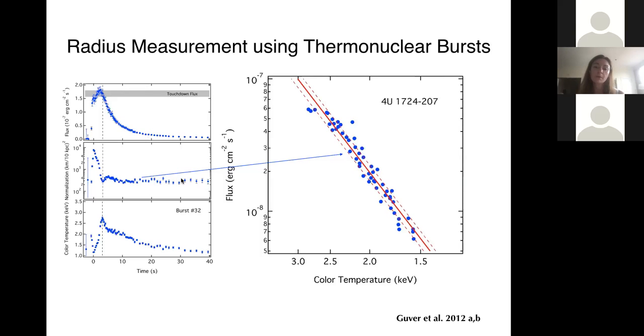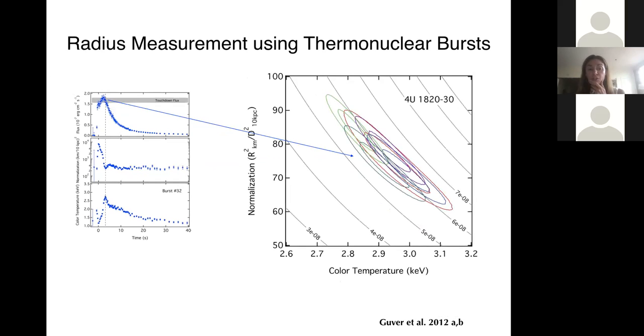So just like we built HR diagrams for normal stars, if you plot flux here and color temperature increasing to the left, again in a normal HR diagram, what you see is that for sources where you see repeated events like this, they follow this nice track that is the T to the fourth line, and the normalization of this gives you the radius of the star. And because you have repeated data, you can account for the spread in this as your uncertainty in your emitting area. This would give you a combination of mass and radius,